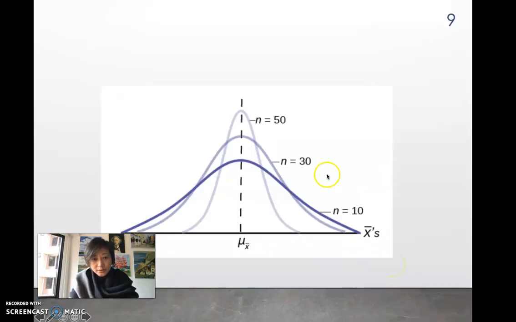Then we can also show that if we keep increasing the sample size, we get a more peaked distribution in the middle, more centrally concentrated around the mean value. It also shows that the dispersion, or variation, of the distribution changes: from n equals 10, we get a narrower distribution when n equals 30, and an even more precise estimate of mu when the sample size is 50. So the variance of my sample mean would be smaller. This explains why it is usually preferable that we collect more data from our sample, as the